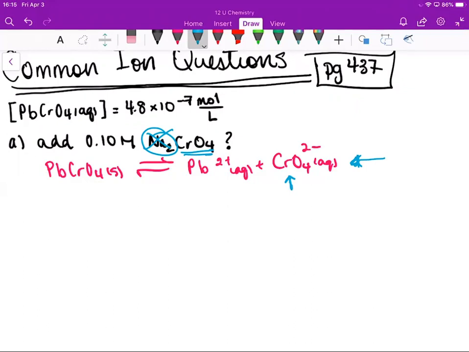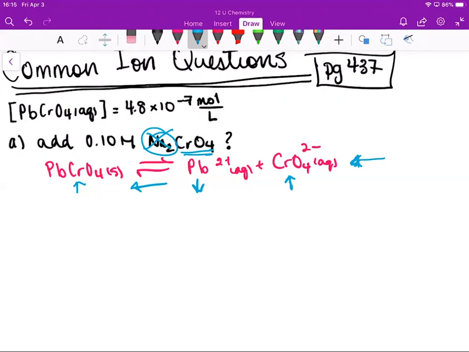Well, we're going to increase the amount of lead II chromate solid by shifting to the right, which will decrease the concentration of lead. So solubility will decrease when sodium chromate is added to the system because of Le Chatelier's